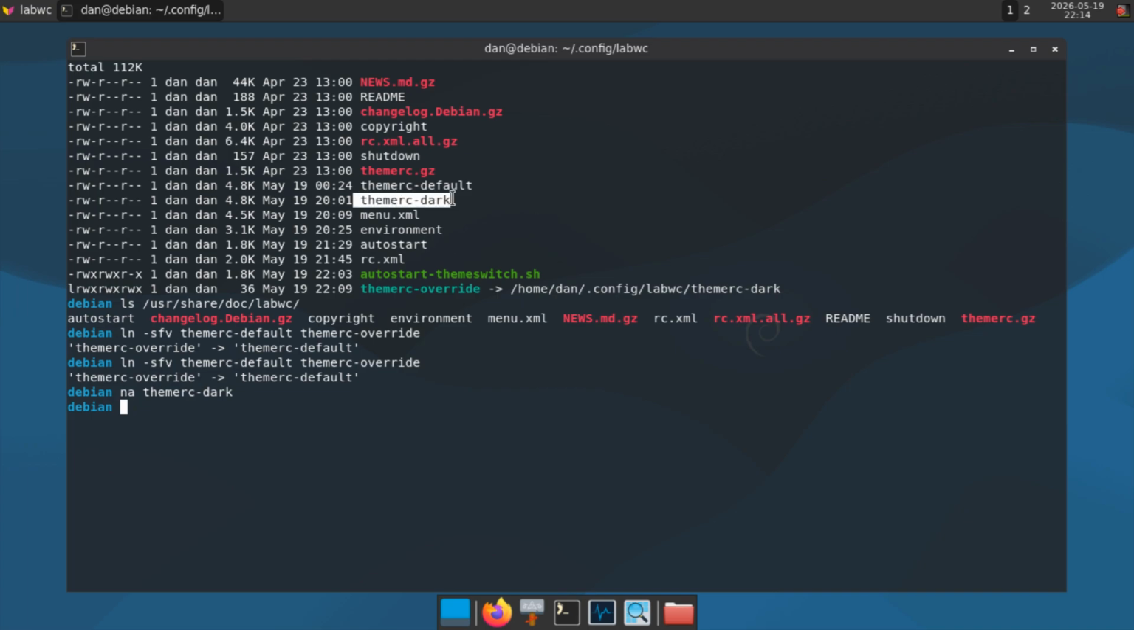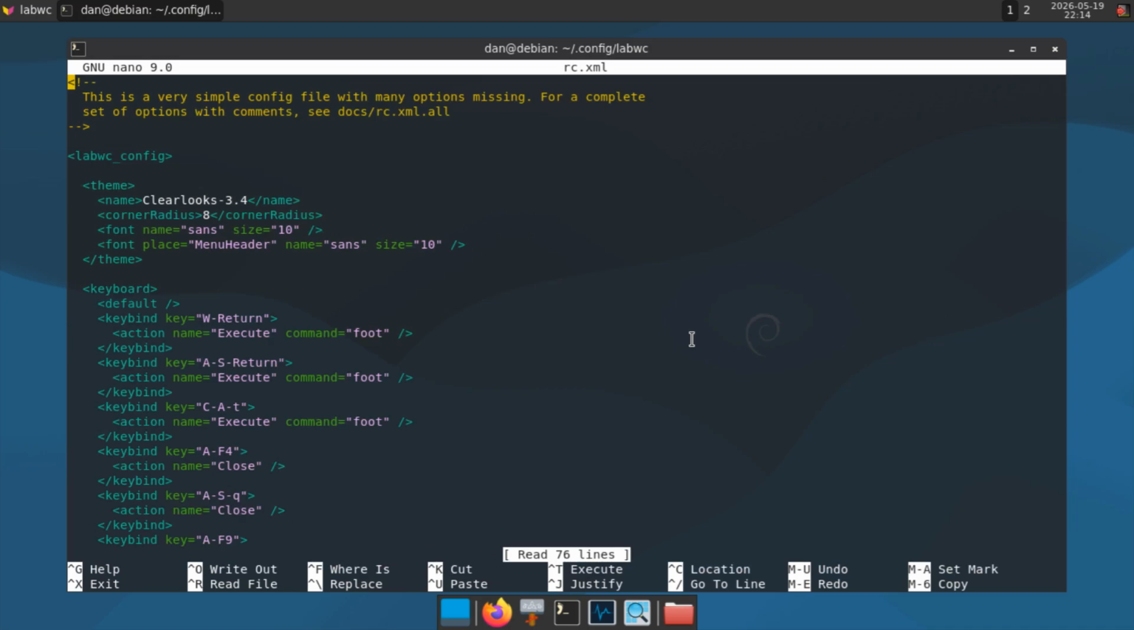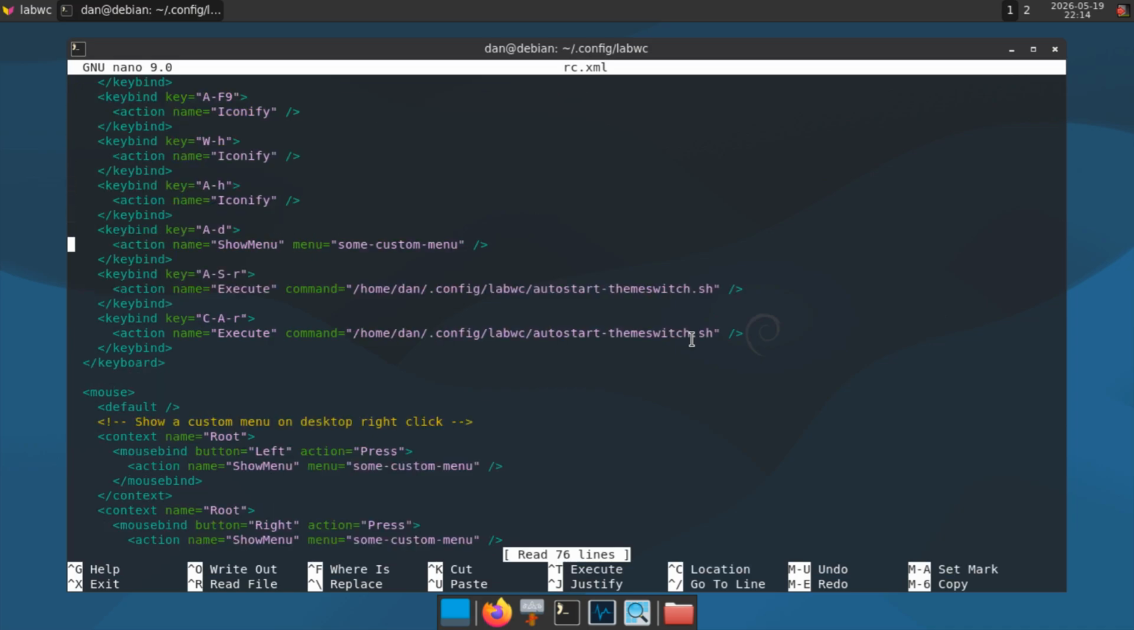So this was just an example of how to set the color code, and then how I execute the automatic theme switch. I show you the key binding as well, in rc.xml, and here I created a key binding for reloading labwc. I use Alt-Shift-R and also